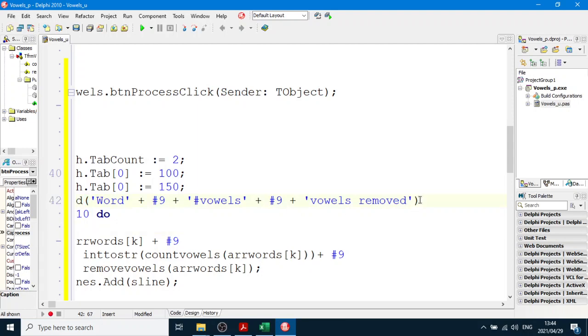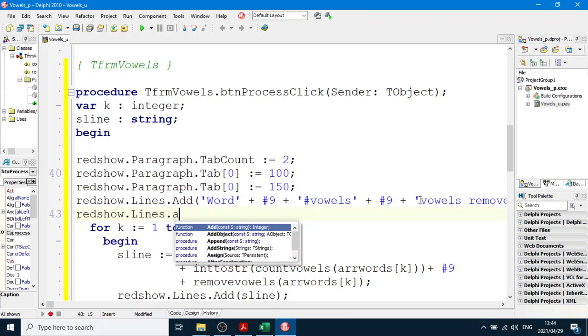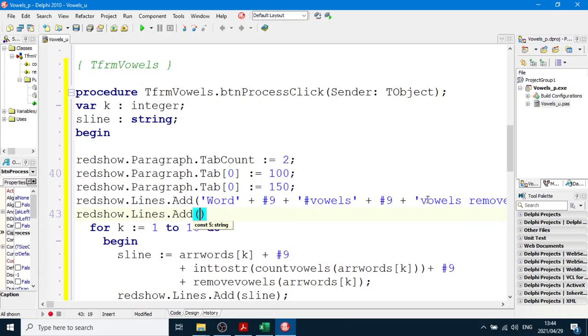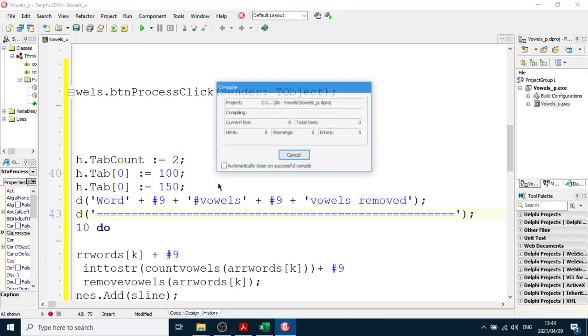And there, and then I'm going to, just to be fancy, I'll go and draw a line. Don't know how long it's going to be, but we'll just take a guess on that one and run the program